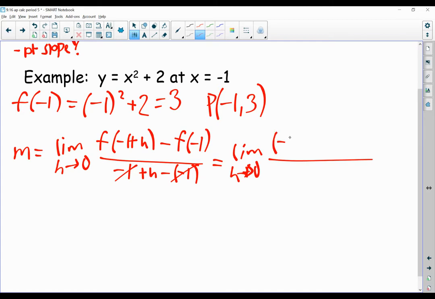So I'm going to plug -1 plus h into the function minus, I'm going to plug -1 in, which I already did earlier, so that's kind of nice. So I just have -3 all over h. And then I'm going to keep simplifying and taking this limit. So I end up with